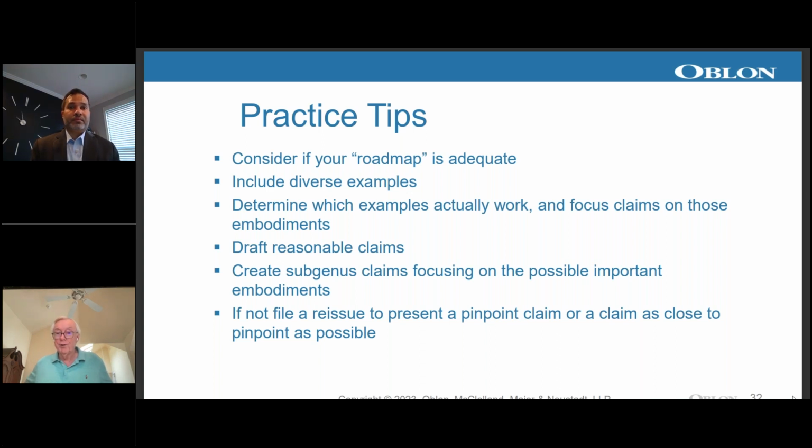There's one more question that came in. It's a follow-up. All right. And it is, given prosecution history estoppel, if the genus claim goes down, the pinpoint claim may be limited in its doctrine of equivalents, even if unpredictable. Isn't that a good reason to wait to file the broad claim until an imperfect structure-function relationship can be established?